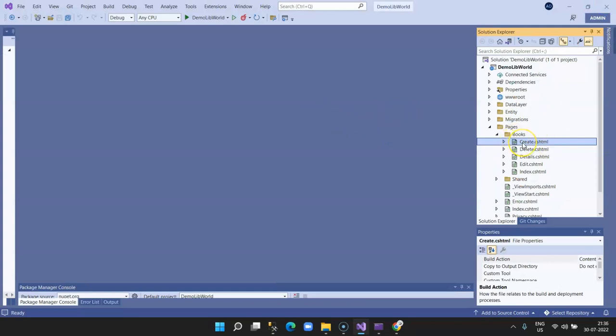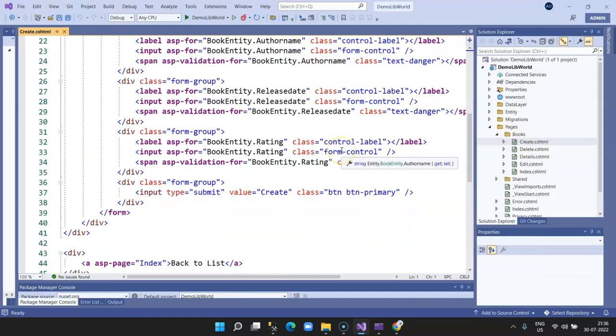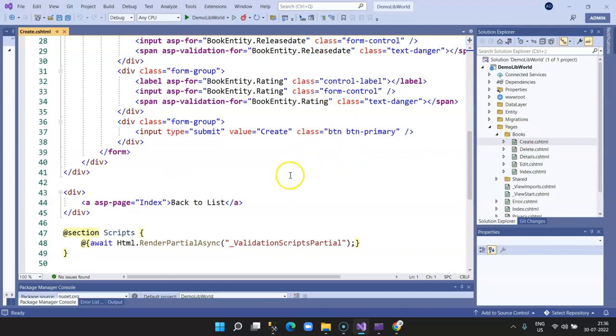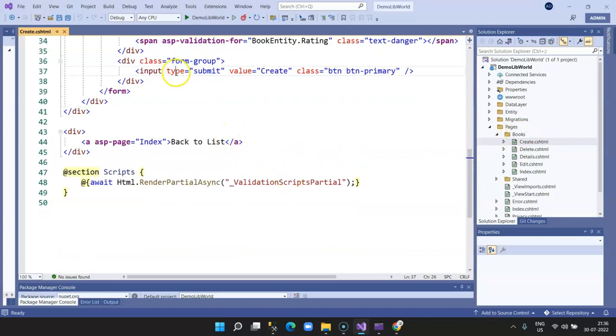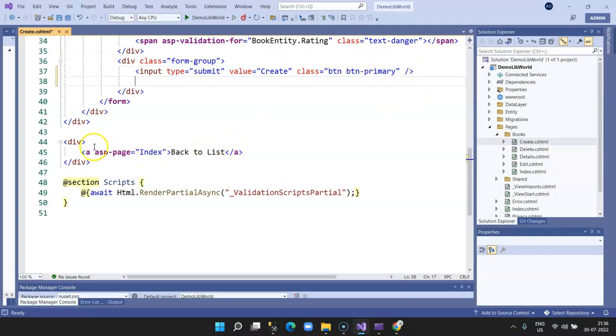If you click on the create page, you come to this page where we can see submit. You can see it's a submit. And then we have a link which says back to the list. So what we can do is place this button instead of this back to the list. We can add one more line of code over here. Just copy this, paste it over here, remove this from here,